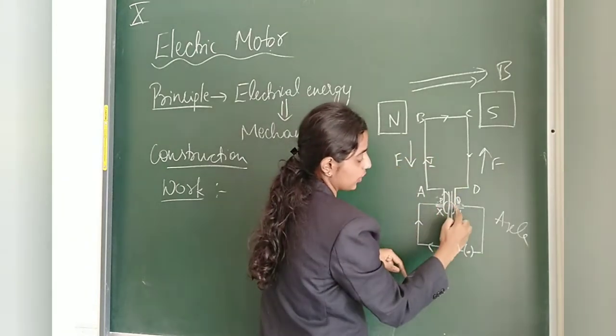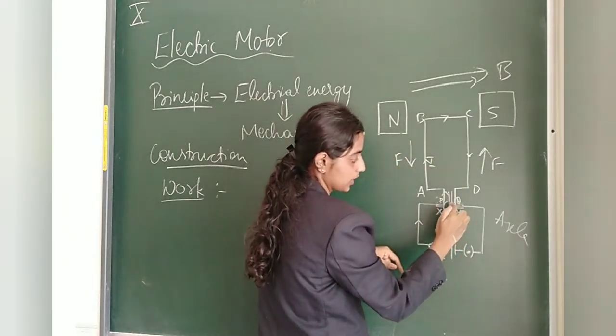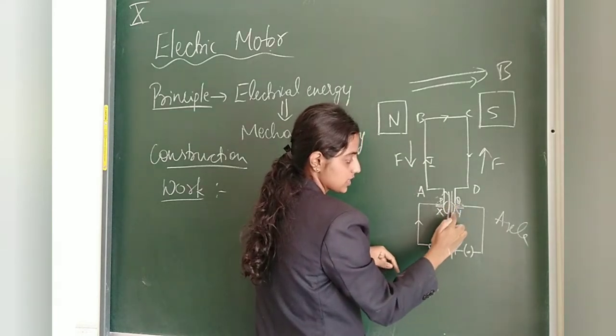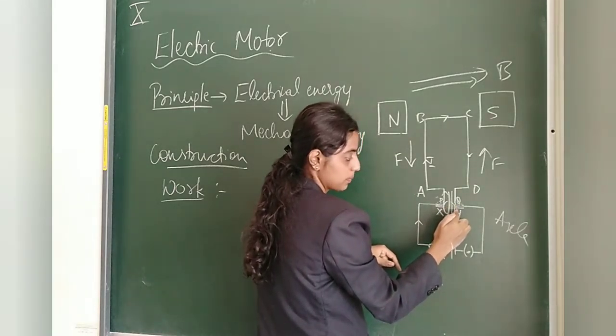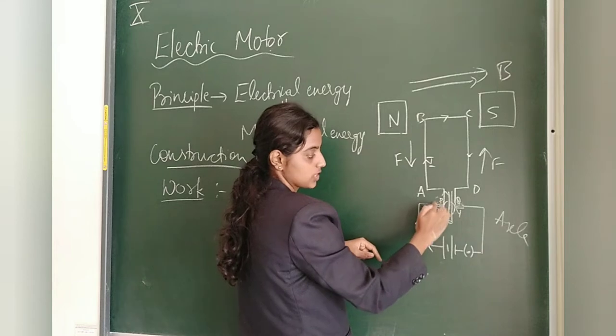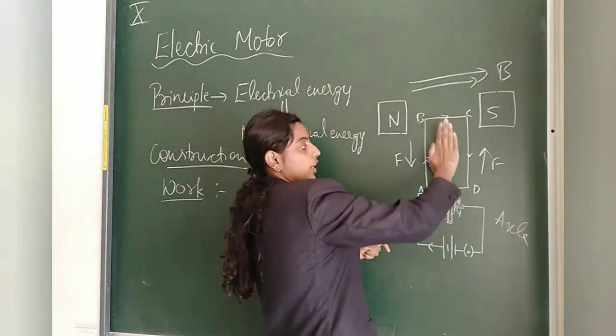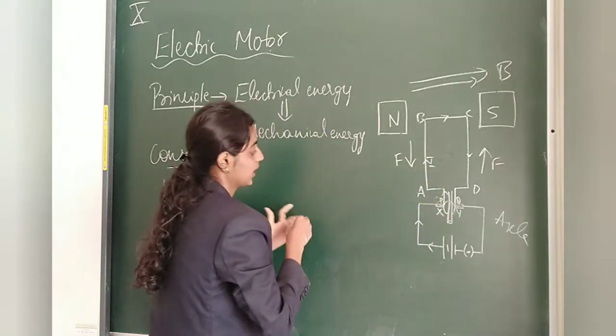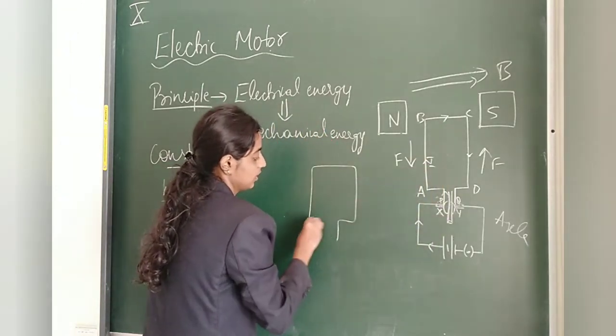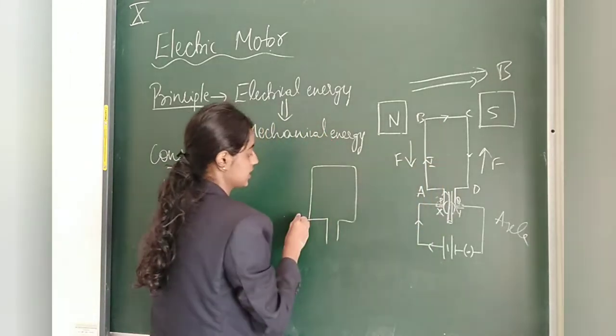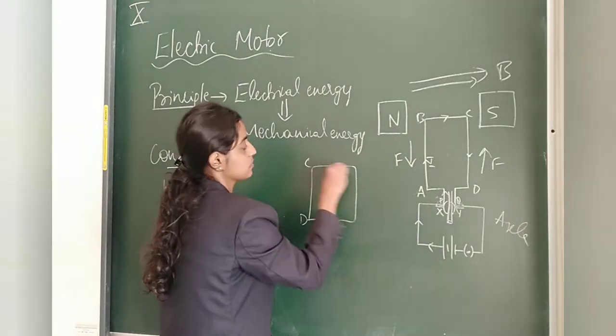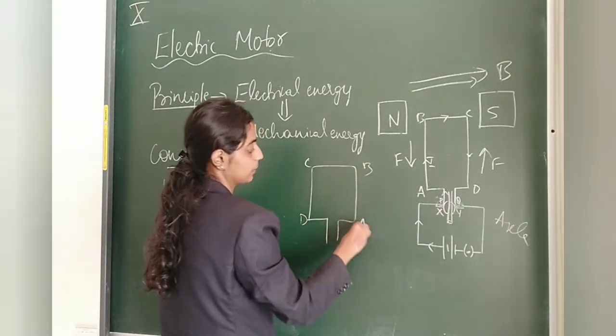When it started to rotate, this Q part, that means this half of the split ring, will come this way, and this will go that way, right? So in the same way, it will also rotate like this. When it rotates like this, what happened? Everything will change, that is, here it will come D, here it will come C, here it will be B, and here it will be C.